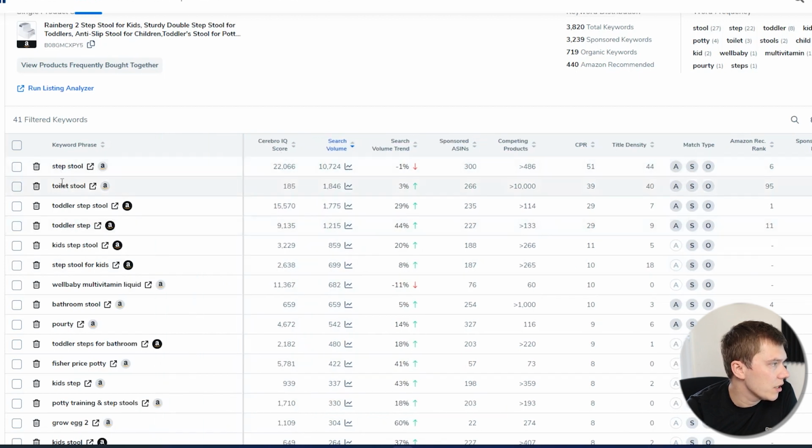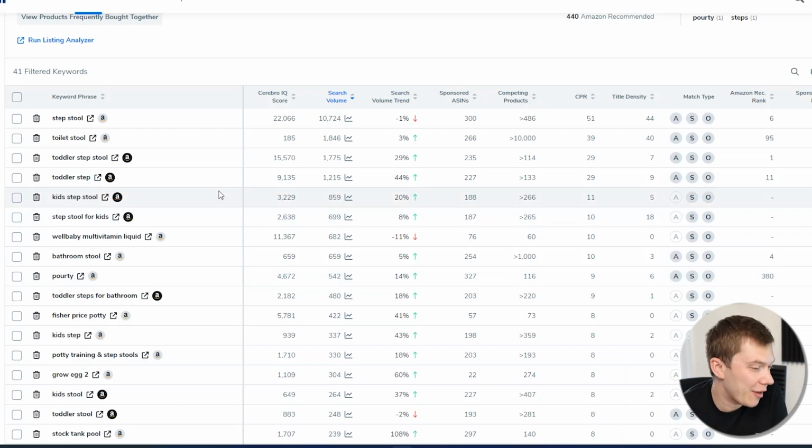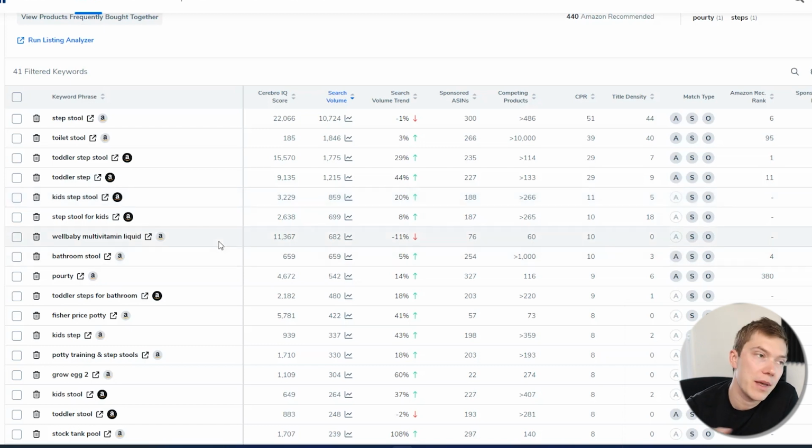Step stool, toilet stool. So we're kind of seeing similar keywords to what we were seeing before. I'm just seeing if there's any other ideas that we may have got for differentiating. It doesn't look like it. So if this happens to you, I'm just doing this on the fly, as you can tell. If this happens to you where you're looking for ways to differentiate using Helium 10's tools, and the first two methods haven't really given you too much of a clue,